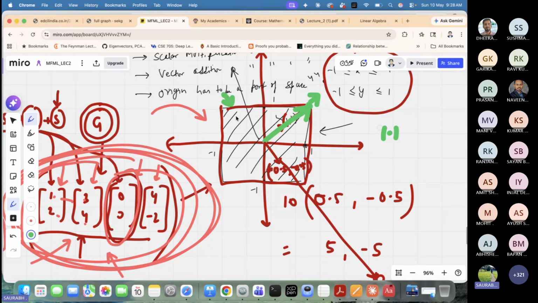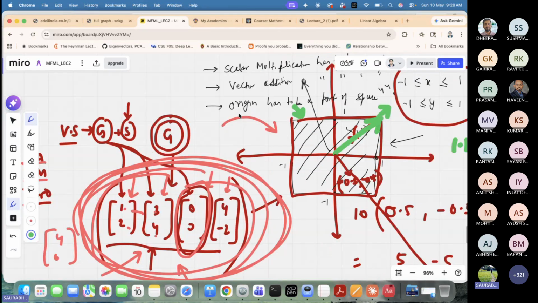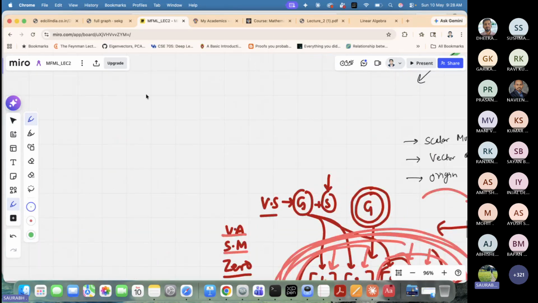But let's say you limit scaling and you have vectors. I'm just giving you an example. Let's say you have the vector 0.5, 0.5, and another vector, minus 0.5 and minus 0.5. The only thing you can do is multiply with a scalar lambda that can only be from minus 1 to 1. You can choose it in between these ranges. Then if I multiply one with 1 and the other with minus 1, in this particular case,